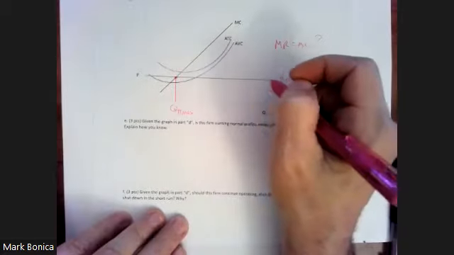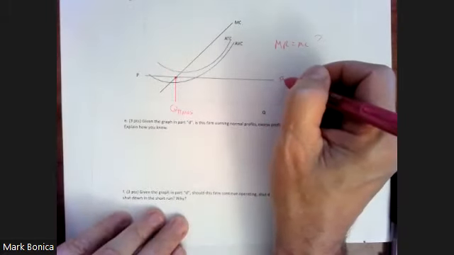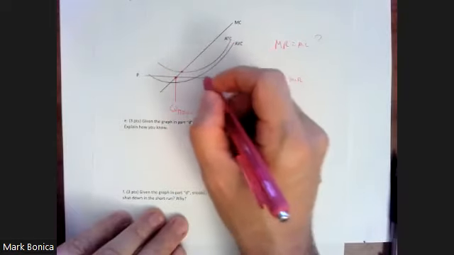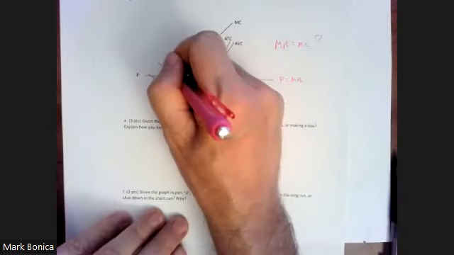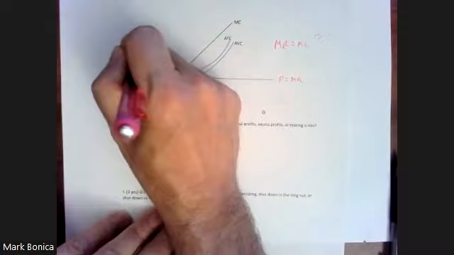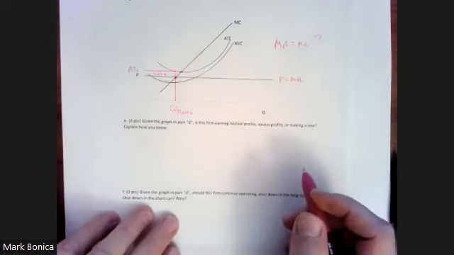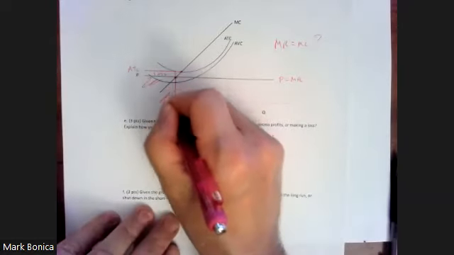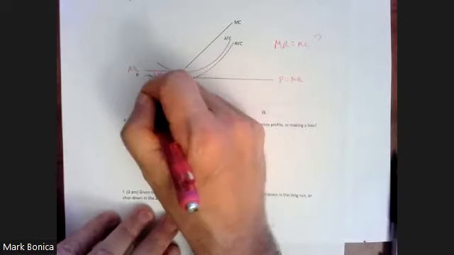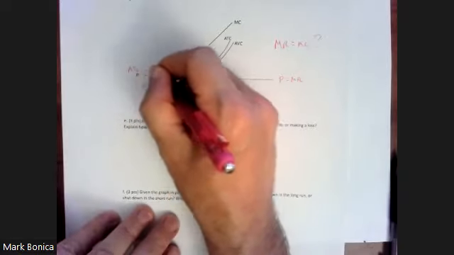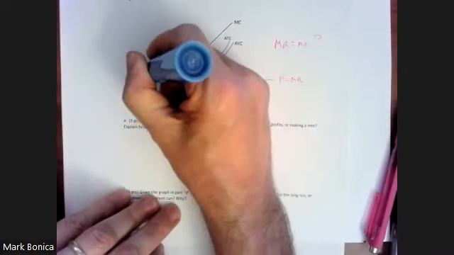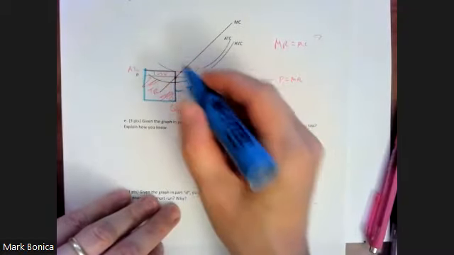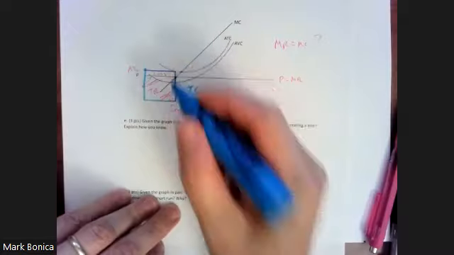But notice in this scenario, price is below the lowest point of average total cost. So we're going to draw that line all the way up to the average total cost curve. We've got average total cost above price, so that means we have a loss. This area here now is P times Q, total revenue, right? And then this whole box is my total cost now, because that's my ATC times Q, right?